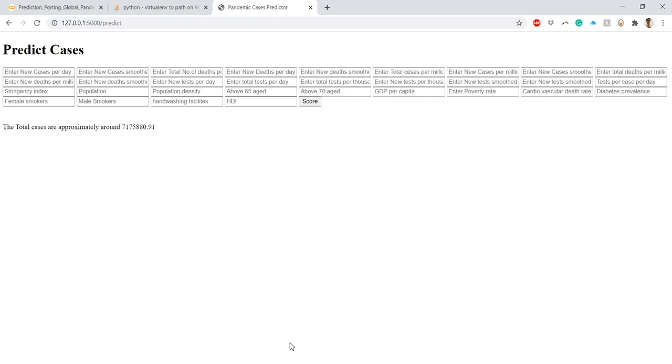So this is the workflow of your model building. You did EDA, you did the quality checks, you did the model building, and now you have your model running on a local host. But still this model is with you. It is not deployed to everyone, so not everyone in the world can access this.